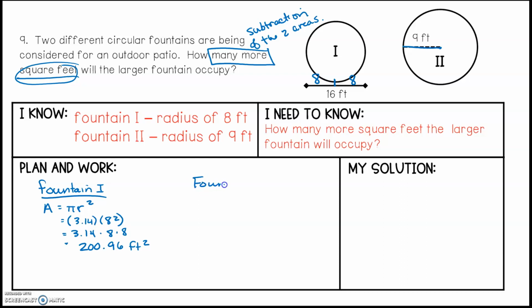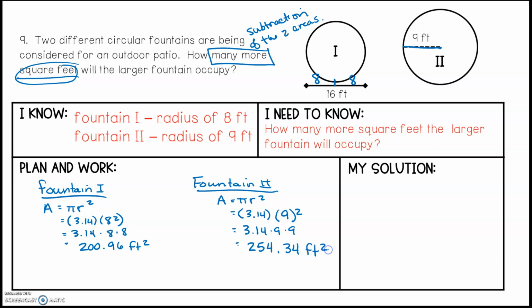So fountain 2, we're going to go through the same process. Find the area, which is pi r squared. Take the pi out, put 3.14 in its place because we know pi is going to be 3.14. Take the r out, put the 9 in its place. That's the radius. And we're going to square it. 3.14 times 9 times 9. Put all of that in your calculator. So we know that fountain 2 should be 254 and 3/4 feet squared. So we know fountain 2 is bigger,